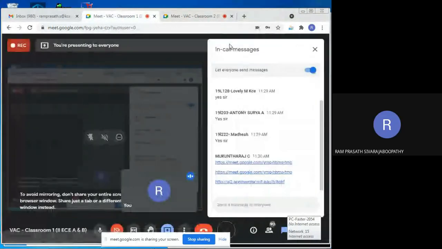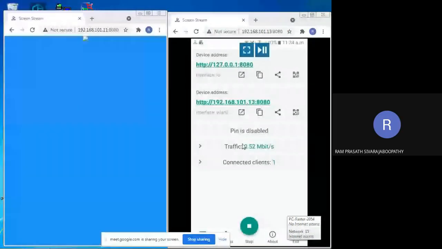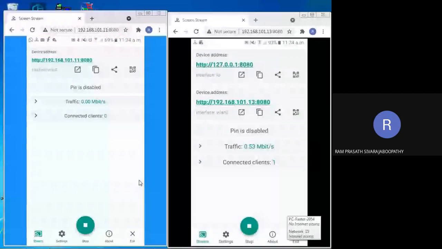Okay, I hope both my screens are visible now. Yes, am I right? Yes, you can see my mobile phone, sir. Wait a moment. Yes. So now I'm going to download the app.